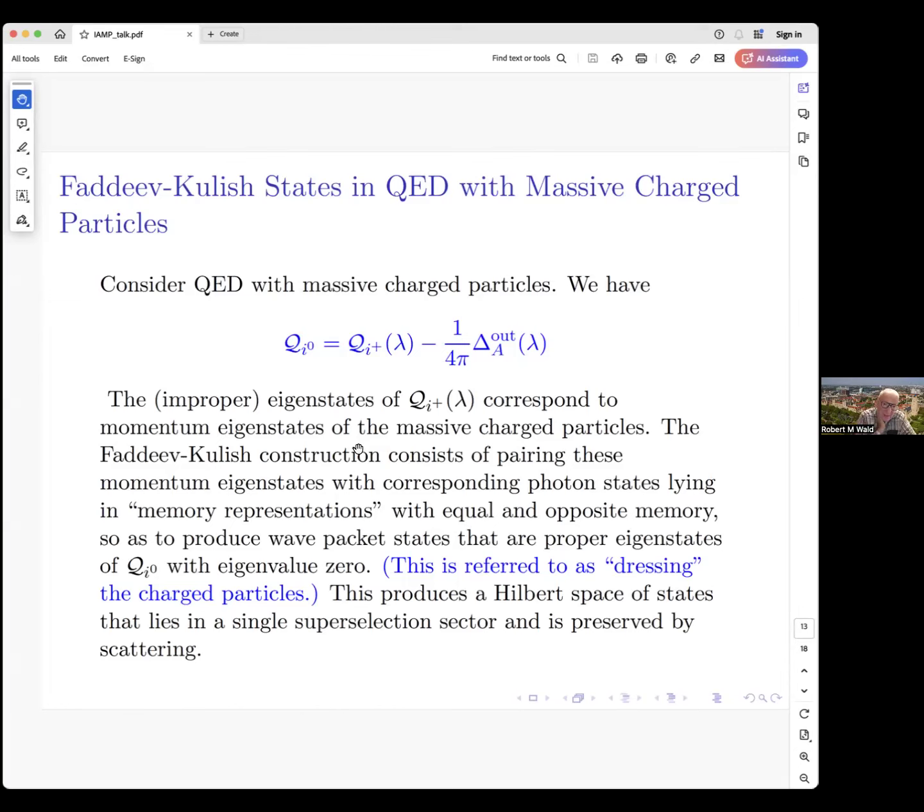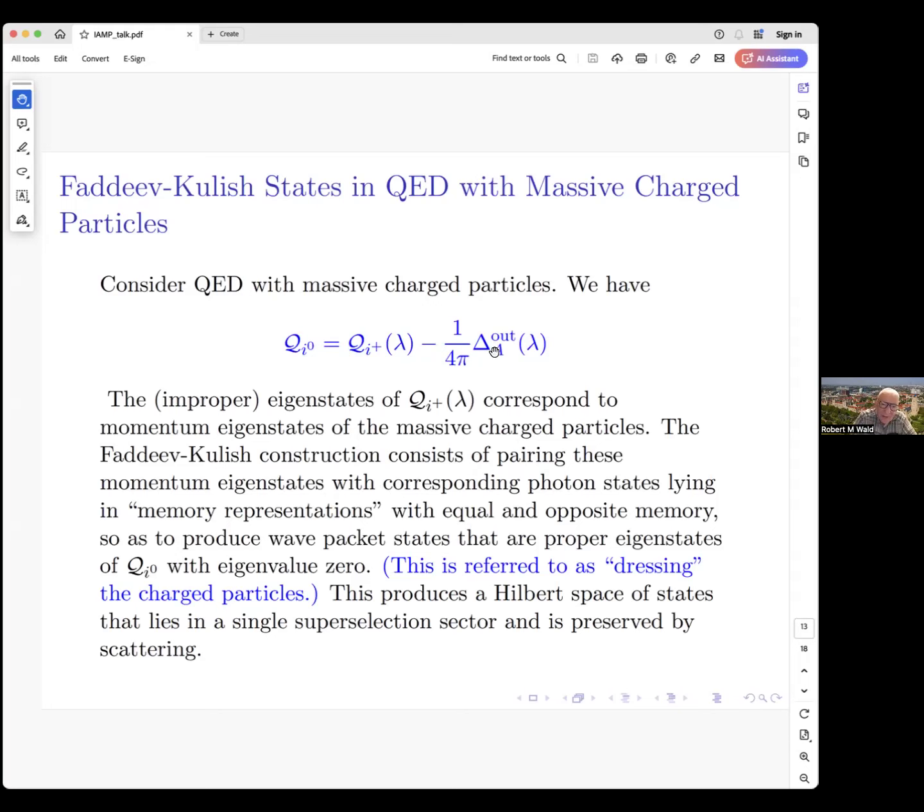So this gives, as I hope I've described, a genuine S matrix and a mathematically satisfactory description of scattering by working with eigenstates of these large gauge charges of eigenvalue 0, and adding these memory states,